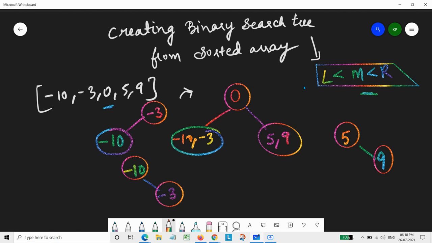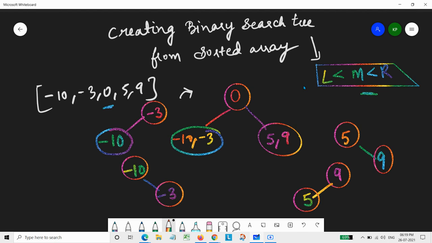Or we could create it in this manner, that 9 is here and 5 is here. So these are the possibilities for making our binary search tree in further steps. Whichever possibility we choose out of these four options, it will be accepted. Moreover, it is also mentioned in the question that it should be height balanced.